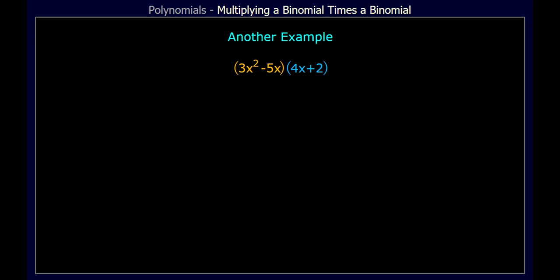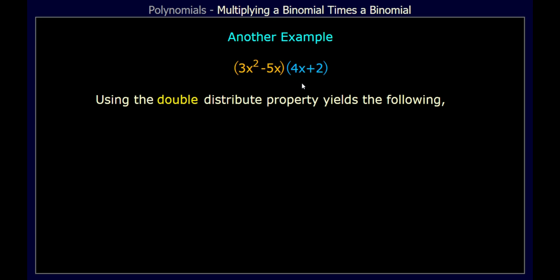So let's try a more complicated example. Here I have a more complicated example. Just have a little more x's in there. So I have 3x squared minus 5x. There's my binomial on the left. And then I have 4x plus 2. So we're going to do the same procedure as we did before. Use that double distributive property. If we do that, that yields